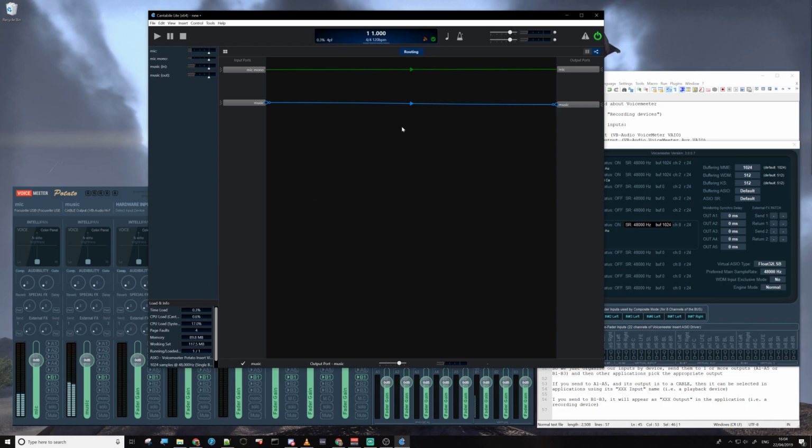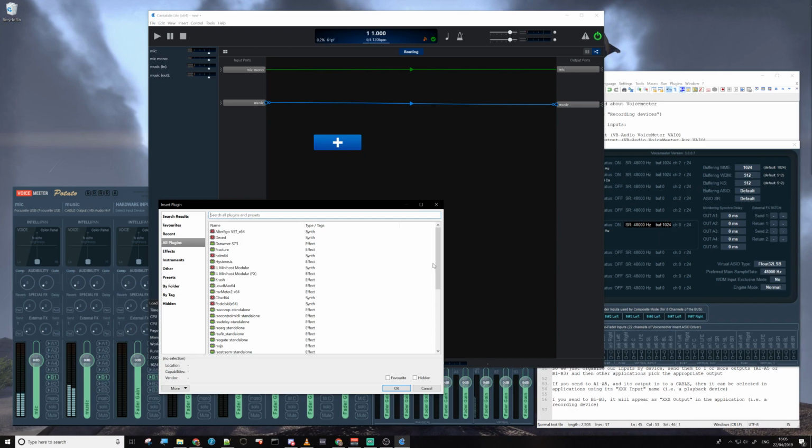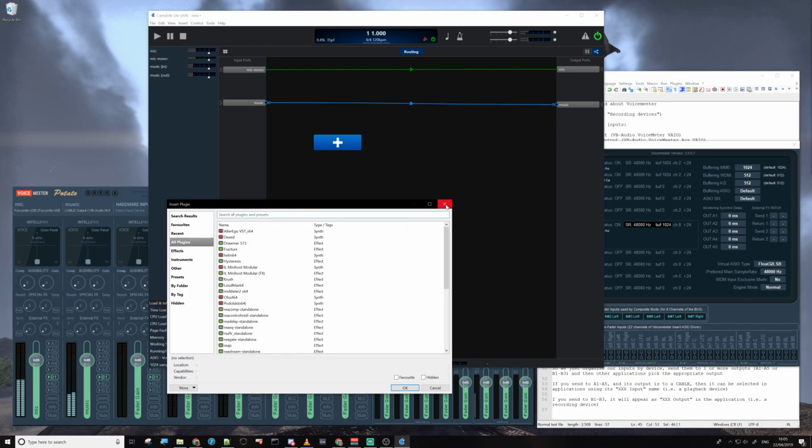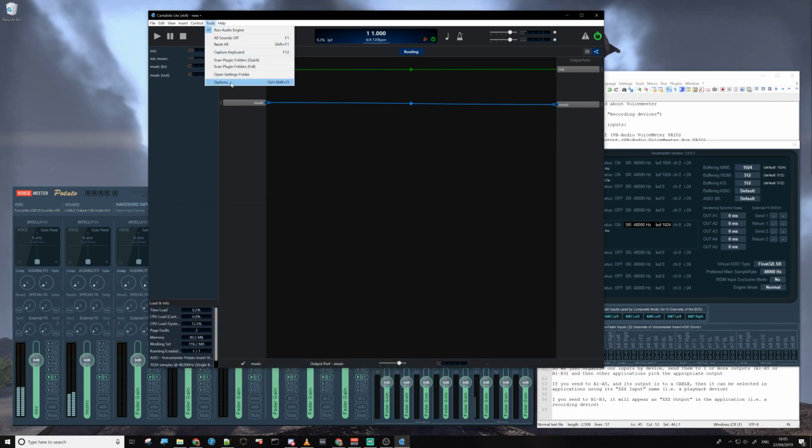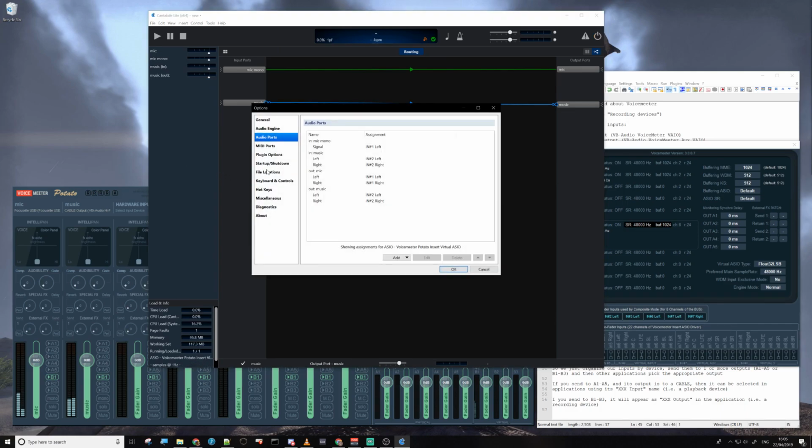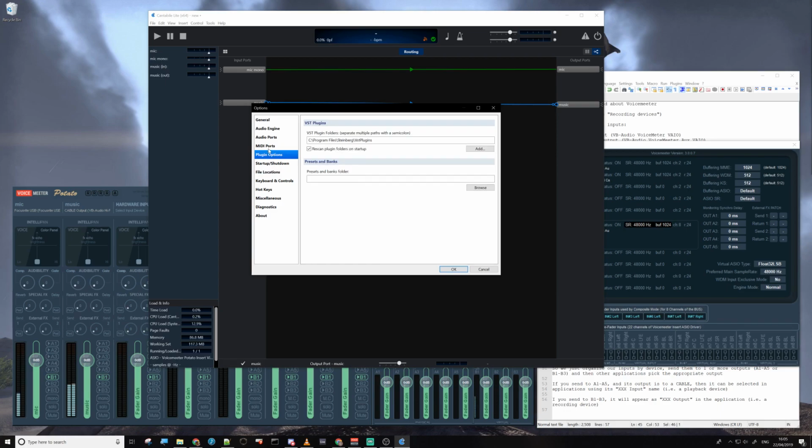Now this is where we can start to actually add effects. We can add a plugin. When you set up Cantabile, you have to tell it where all your folders are for your plugins, and that's also in Tools Options. That will be in not file locations but plugin options. So in the plugin options, VST plugins, you tell it where your main VST plugins are. So that will be the directory where you installed LoudMax